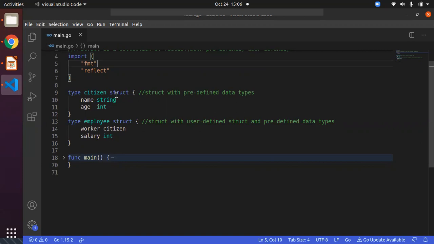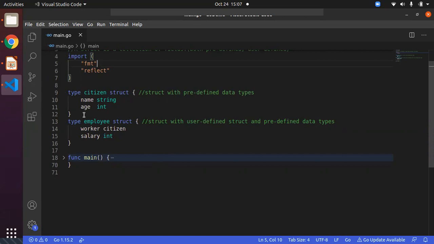So this is an example of a structure which has predefined data types, which is nothing but your string and integer. There is also the possibility that you can have a structure with a predefined data structure, or the struct itself. For example, we have already created the struct called citizen. You can even create a variable called work with the type of citizen. Here citizen is the type which is defined by the user, not by the system. System defined data types can be integer, float, string, float32, float64, lots of things, right? But here we are going to use the predefined struct as the data type. Now this is a simple understanding about the structure.